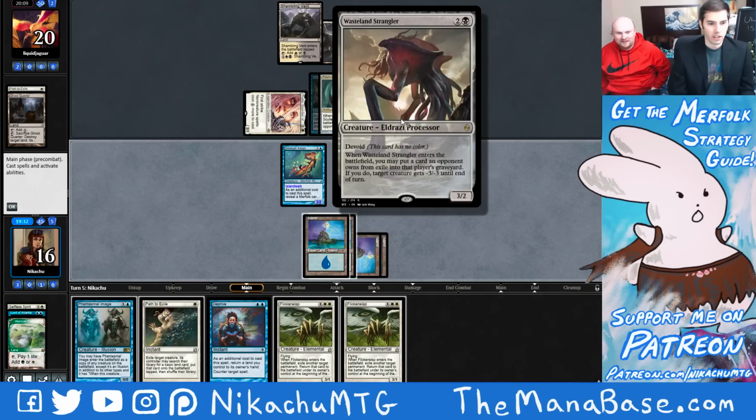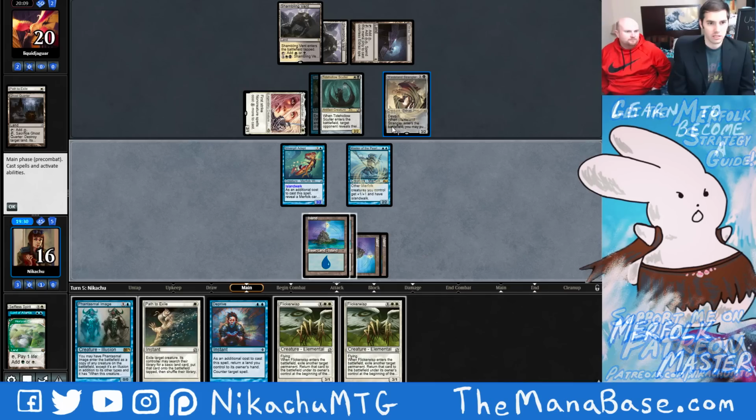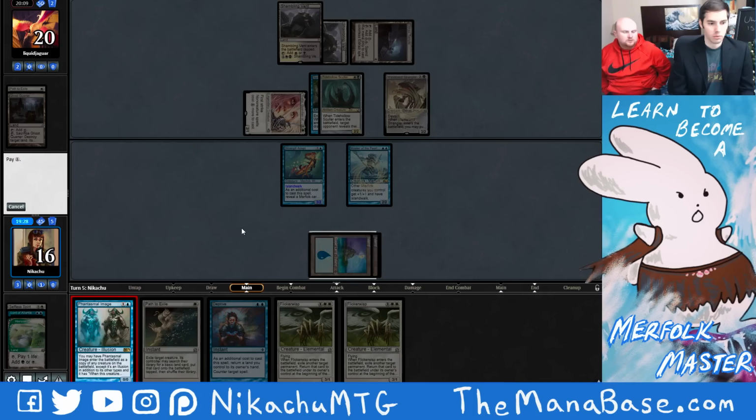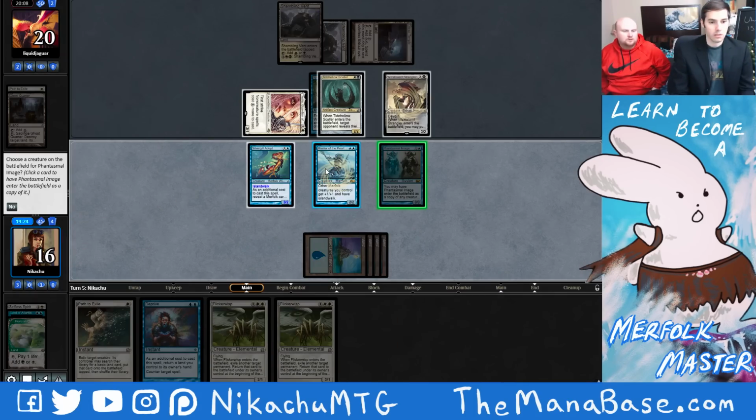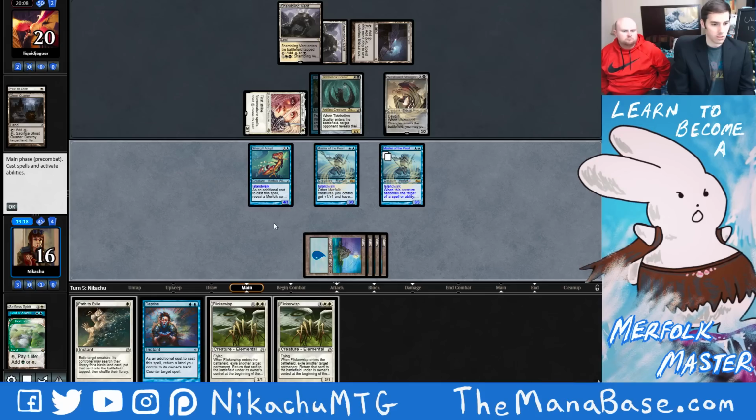Does my opponent have any cards in exile? No. Okay, in that case, I'm going to play Phantasmal Image and I'll copy Silvergill Adept. Is that wise? Maybe it's just better to copy this thing. Copy the Sculler. Nah. Okay, I'll just copy this. It's not card advantage, but...